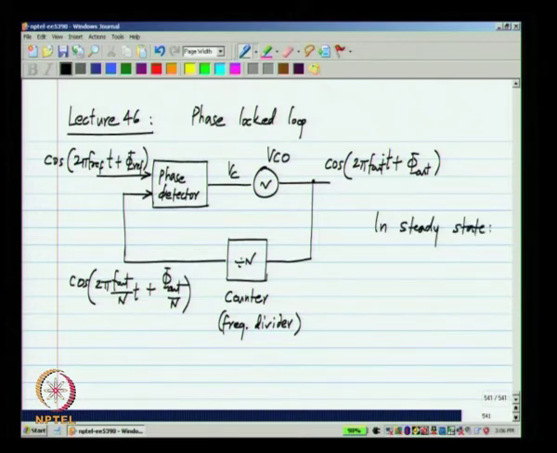In steady state f out will be n times f ref. If this is not the case, Vc will be either ramping up or down, as you expect in any negative feedback system, and of course we assume constant f ref,